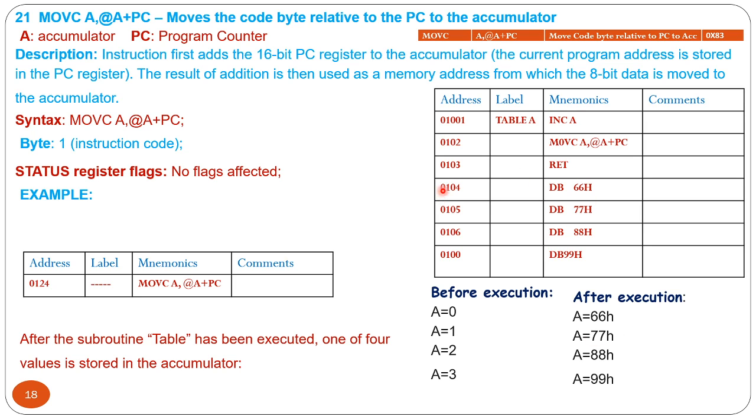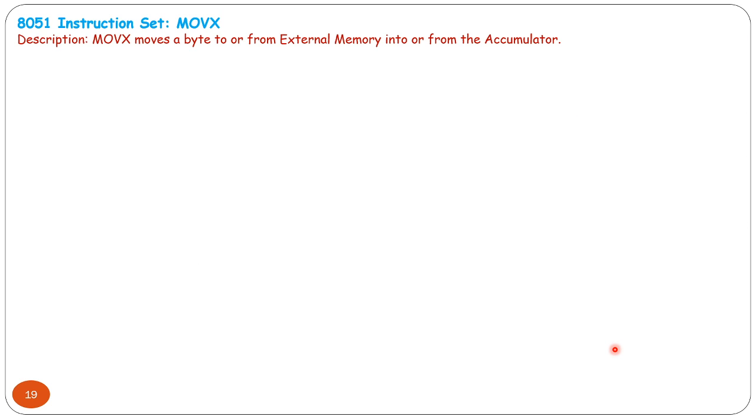So PC having content what? 003, again 0 is added here, so that content will be 66, that is this content move in accumulator region after execution. Again the content of accumulator will be 0103, and then 1 is added, and that content will be moved in accumulator register, and like this instruction get executed. Now the next instruction is MOV